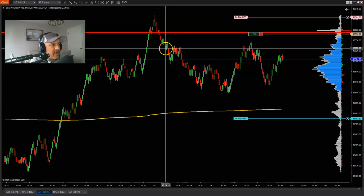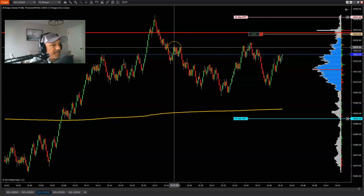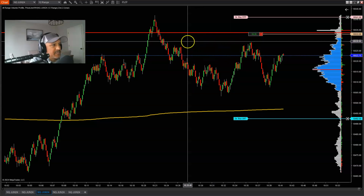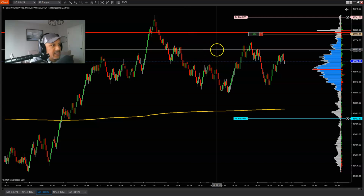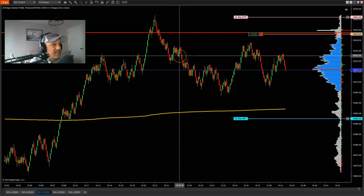Again, there was another area of supply right here, pull back, supply. Maybe you got in right here at the break and close of the candle and went short here. It does pull back, but your stop is going to be pretty much resting right here at the back end of 529 by a few points. Give yourself a little breathing room there. And if you've done so, so far it's not taking you out. So even if you got in here, let's say at the break and close right here,